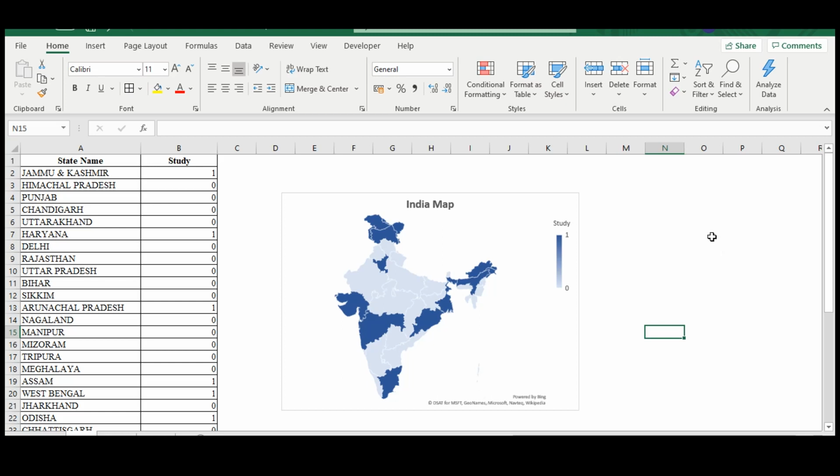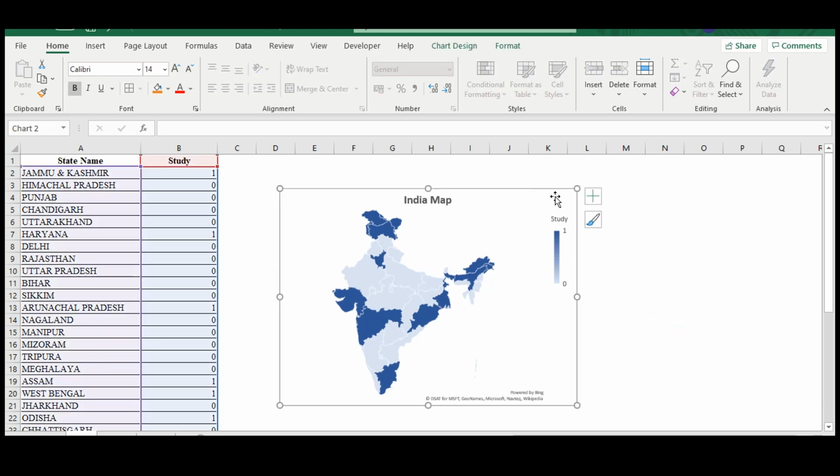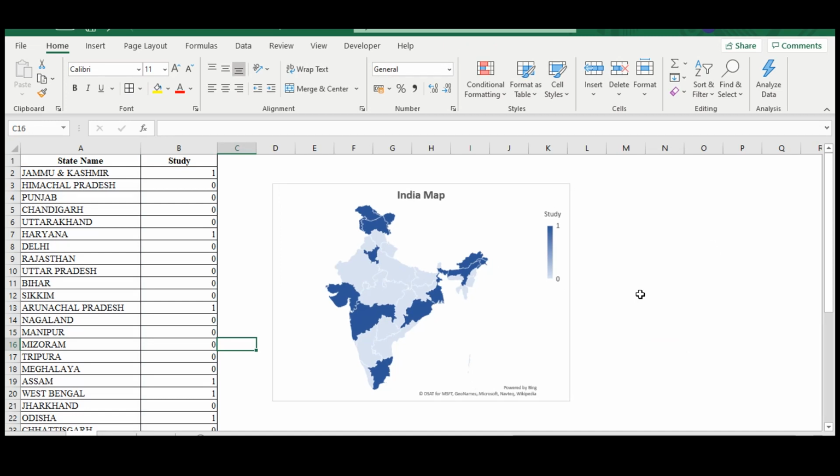Now, you can use a world map or map of some specific country or even a state or province within a country depending upon your requirement. This is an example of a nation map. Now this data shows the states where my project is ongoing. For example, I have my project operational in Jammu and Kashmir, Haryana, then Arunachal Pradesh, Assam, West Bengal, Odisha, Maharashtra, and so on. So now you can see that this map differentiates between the states where my project is ongoing and the states where my project is not operational.